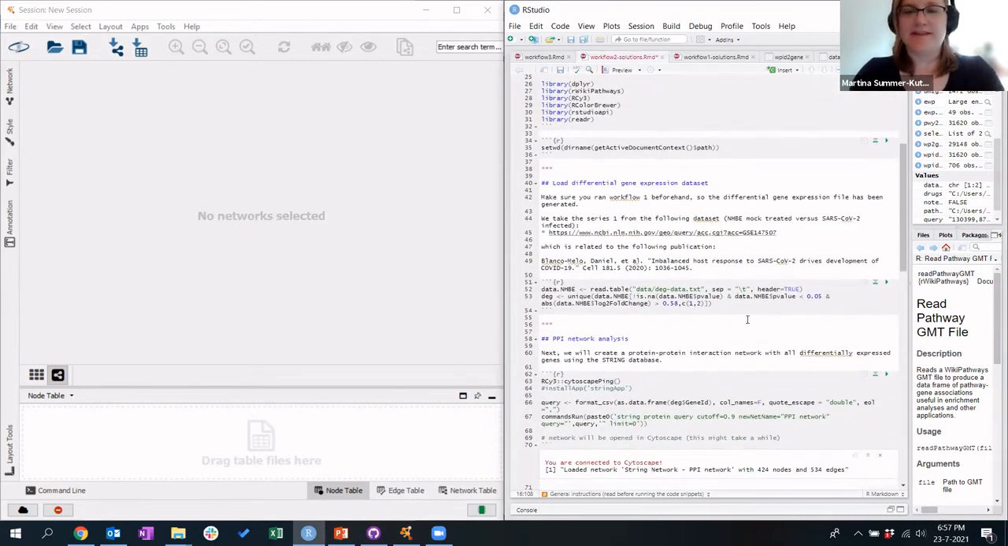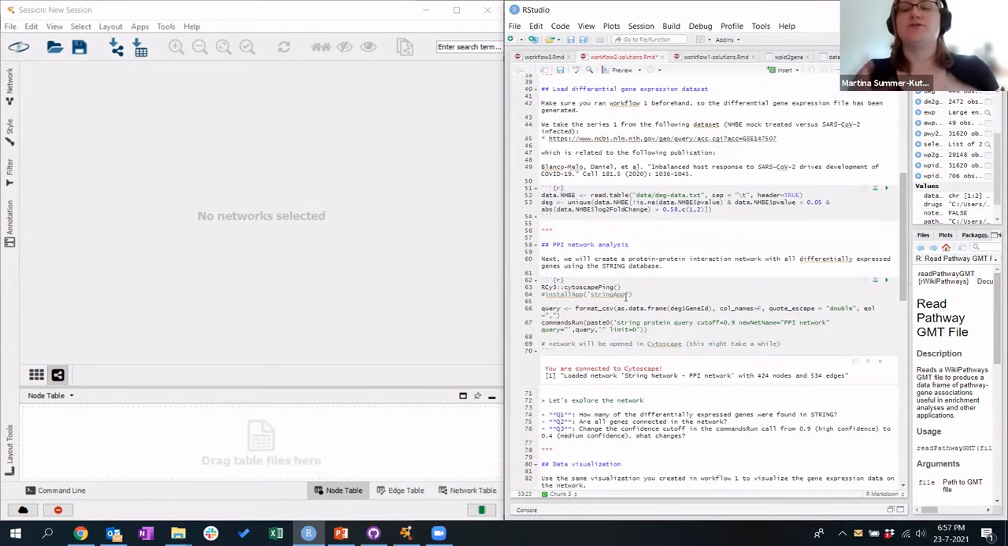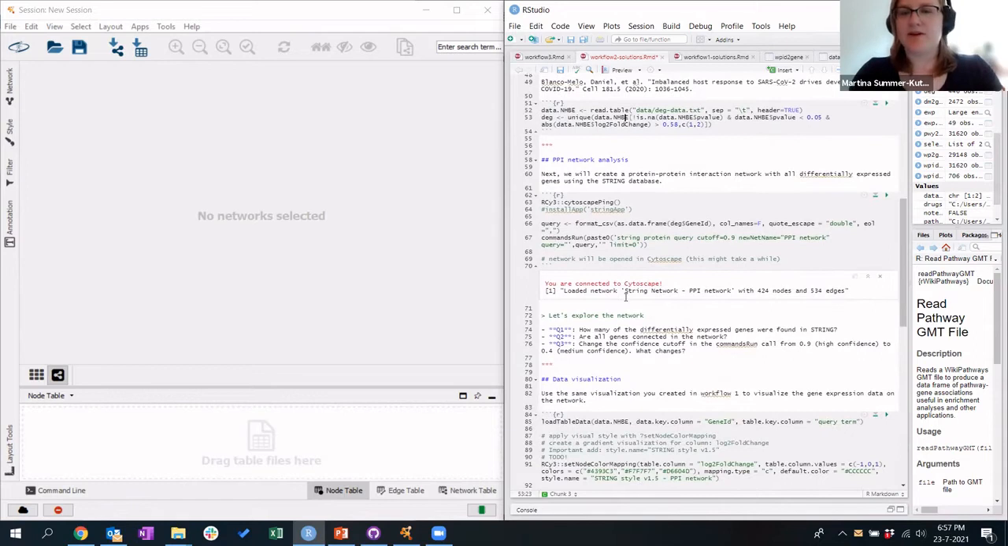So in workflow 1, we wrote out this file, differentially expressed genes /data, and we can read it in. And then I also select my differentially expressed genes again with the same cutoffs as before, so a log fold change cutoff and a p-value cutoff. Then I'm going to create a protein-protein interaction network, like Scooter also showed you yesterday, but now with the COVID